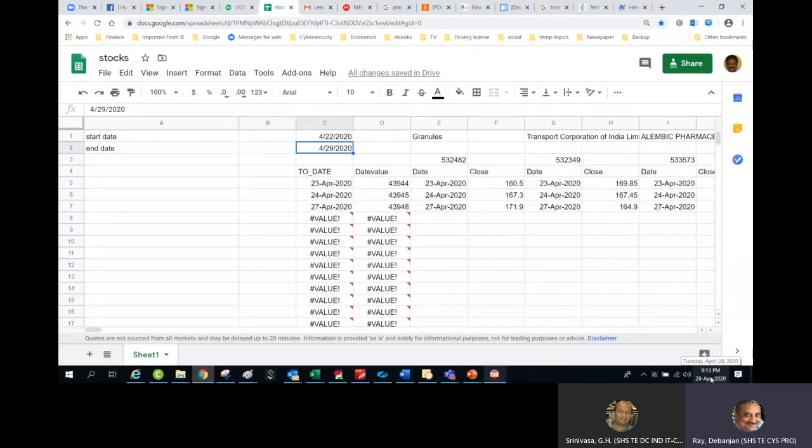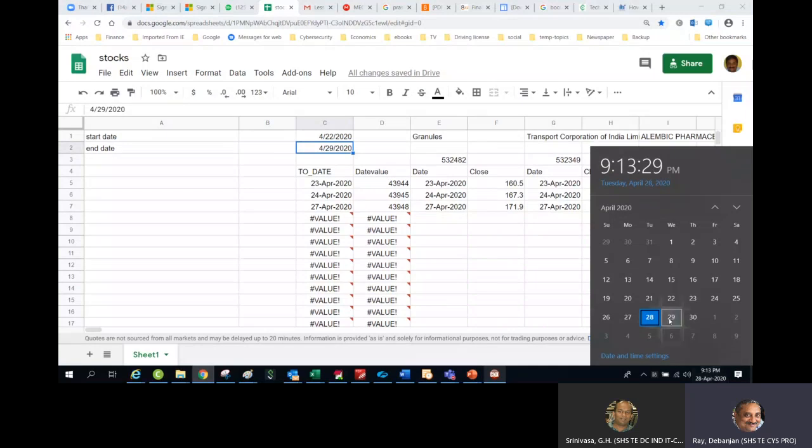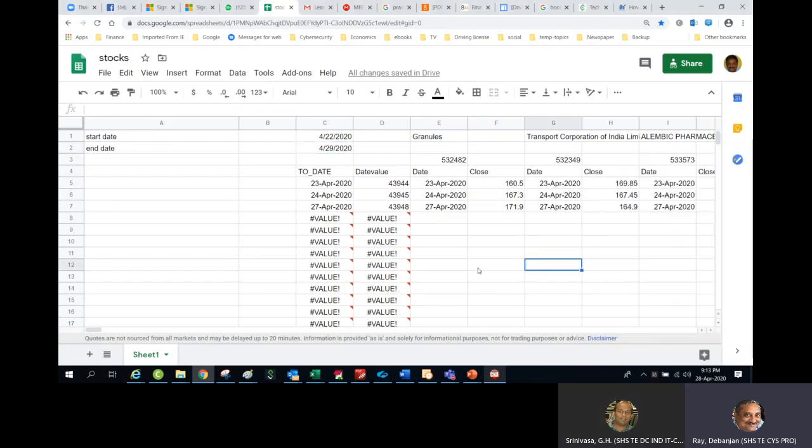Let me check back that it has captured 23rd and 24th, that means Thursday and Friday. It has also captured till Monday. The Google Finance always updates till 1 day before. Today's data it will update a little bit late, maybe tomorrow morning. But for all practical purposes, this is fine.